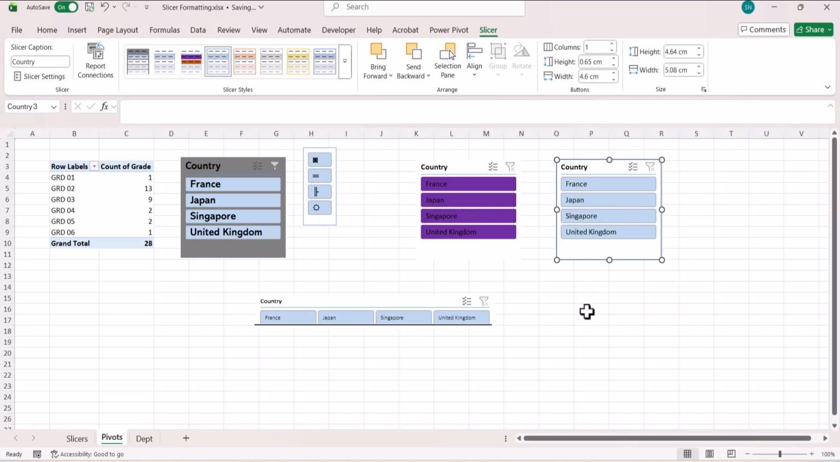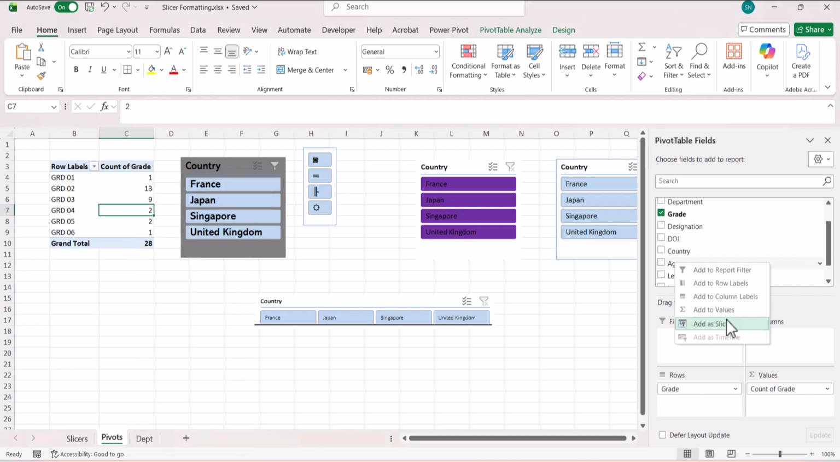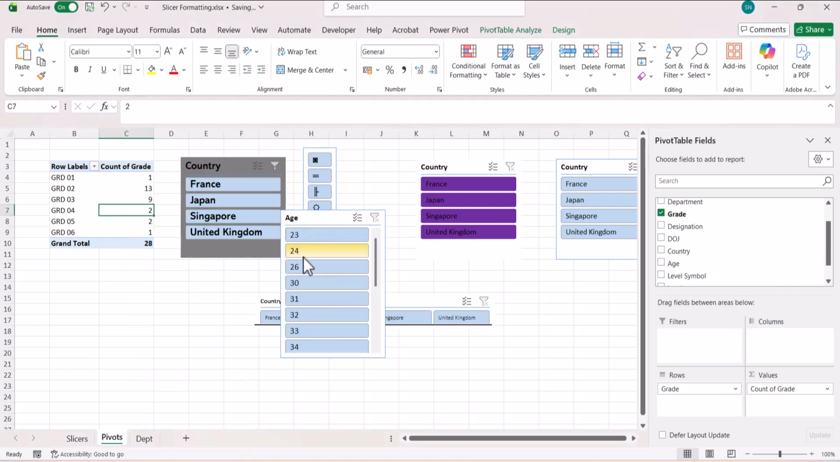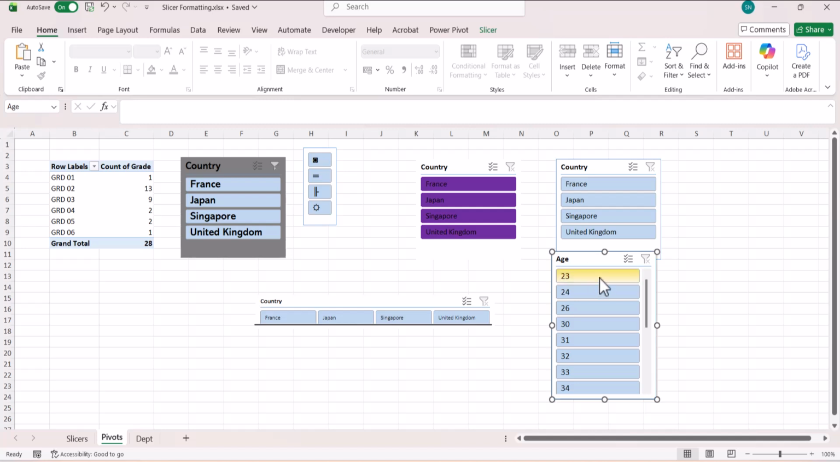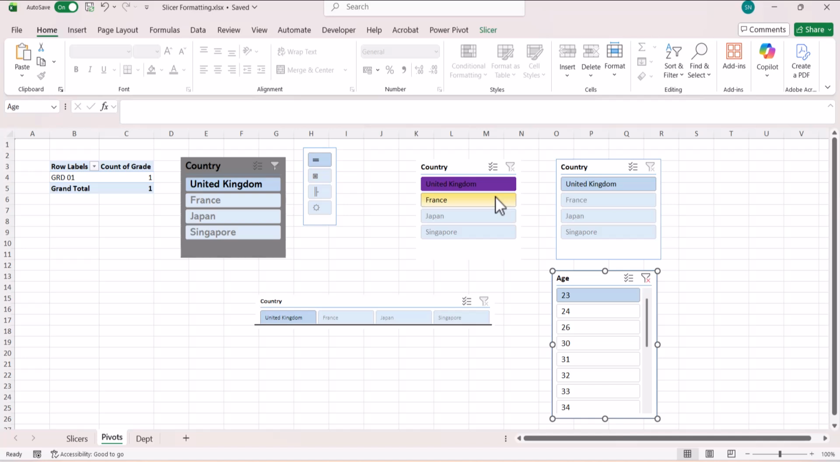And sometimes what happens is, I'll just show you. Let us click a slicer, add a slicer. This is just to show you. I have put 23 over here. So if you see, France, Japan, and Singapore have become light in color. They have become like disabled because 23 age people are not present in these particular countries and in this particular